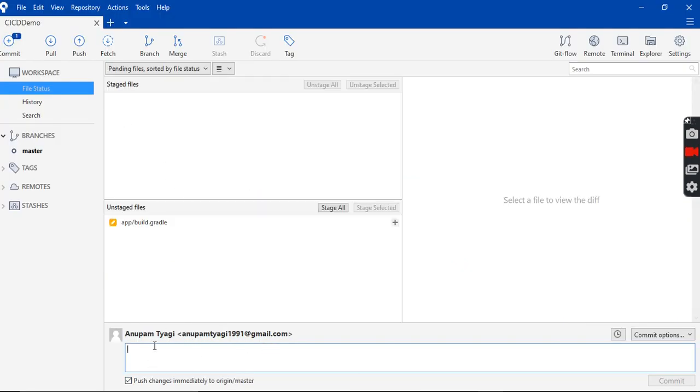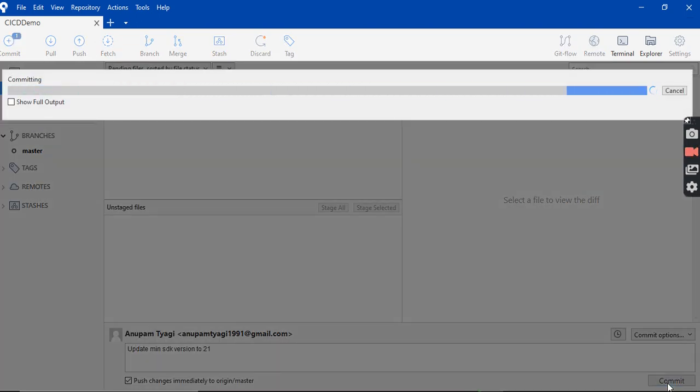So I will do the next step: commit with the message update SDK version to 21, and stage all. As soon as I commit, the build will start again.